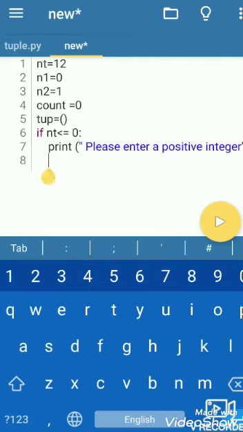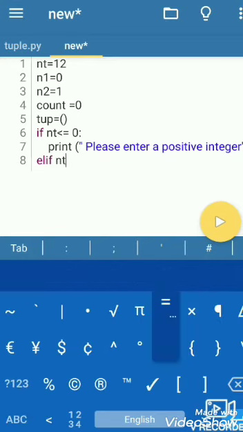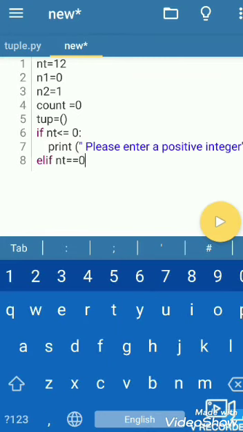After that, we go on with an elif: if nt is equal to 1. If the input is 0 or less than 0, meaning a negative number, then the condition tells the user to input another number.